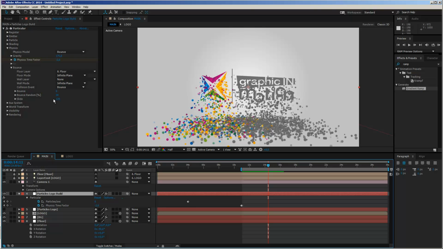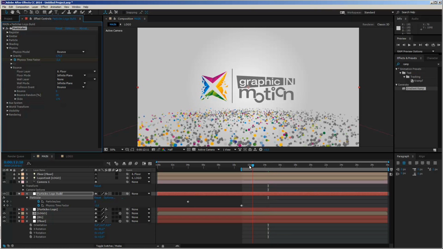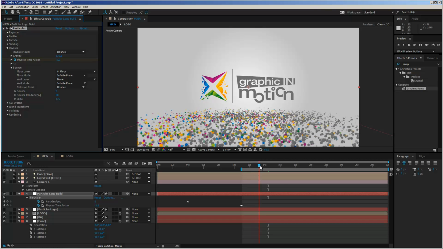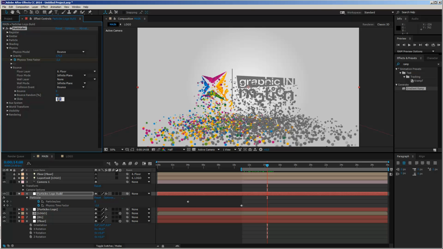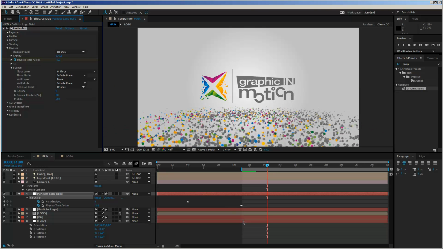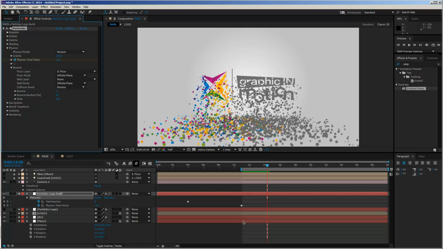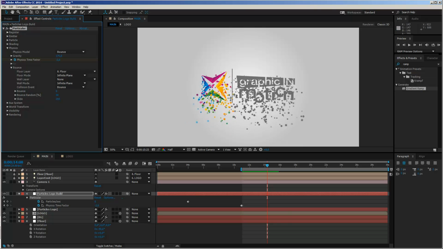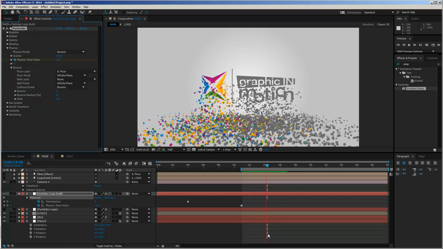So let's go into the slide values, and instead of 125, set it to 150, or probably even higher, to 175. Now let's take a look. They are sliding and rising, maybe even 200. Let's see. I will just make a quick RAM preview so that the speed matches. I want the speed to be more or less the same on the ground and during the rising. So let's see whether this works.